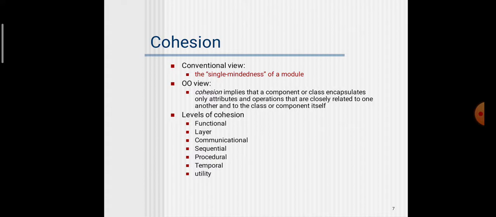So the very important terms in component designing. First is cohesion. Let us see what cohesion is. In the conventional view, cohesion is the single-mindedness of a module. It is a very particular work or a particular thing that a module can do. If I say the component is print job, the only work it can do is print job, nothing other. It is not going to count the papers. It is not going to give any other job. The ultimate result of that particular module will be printing the job. So the entire module will give you only one thing.